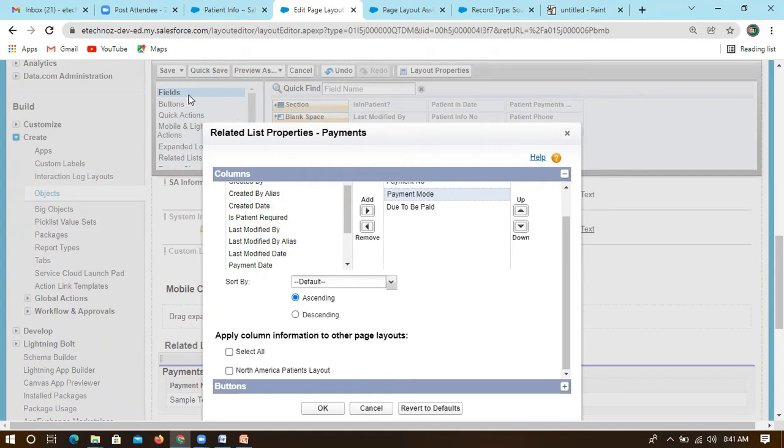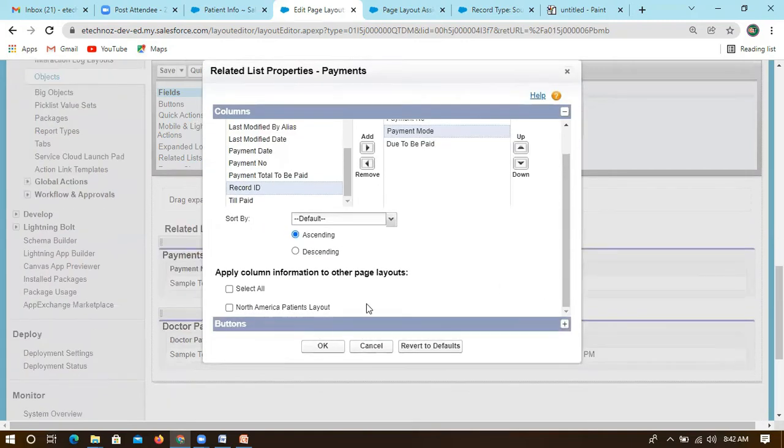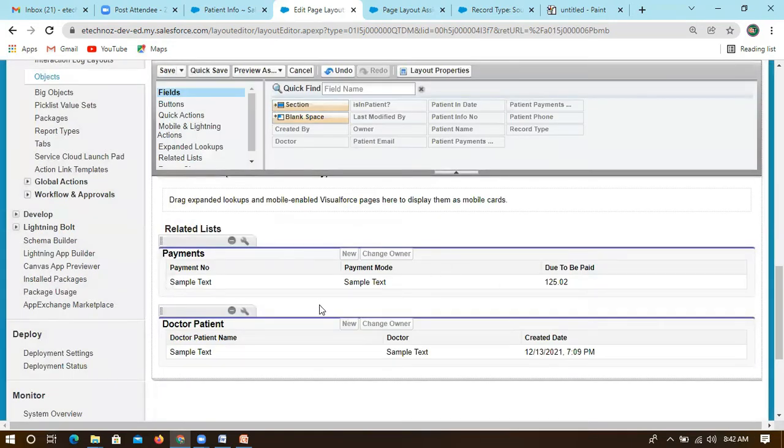We are only creating at the patient level, but this is a related list. Within payments we have not created a record type, which is why you can't see the field. If you create a record type for payments and assign a specific layout, then it will generate one more record type field for payments also. For this child object, you can see that as well. Okay, and doctor patient.